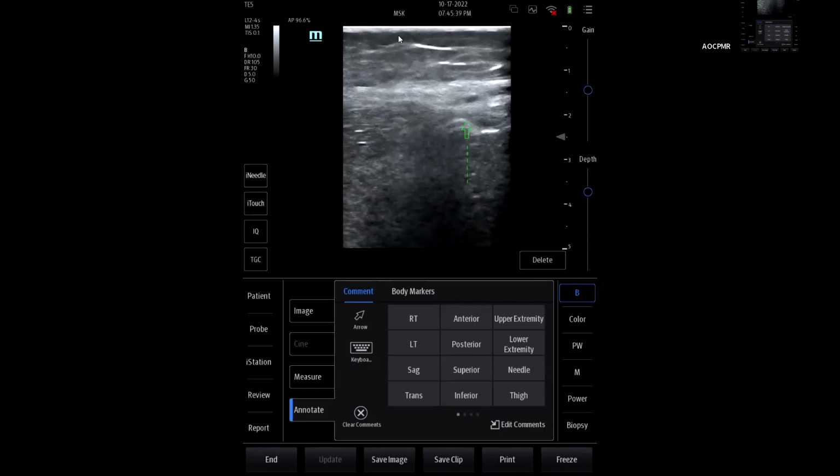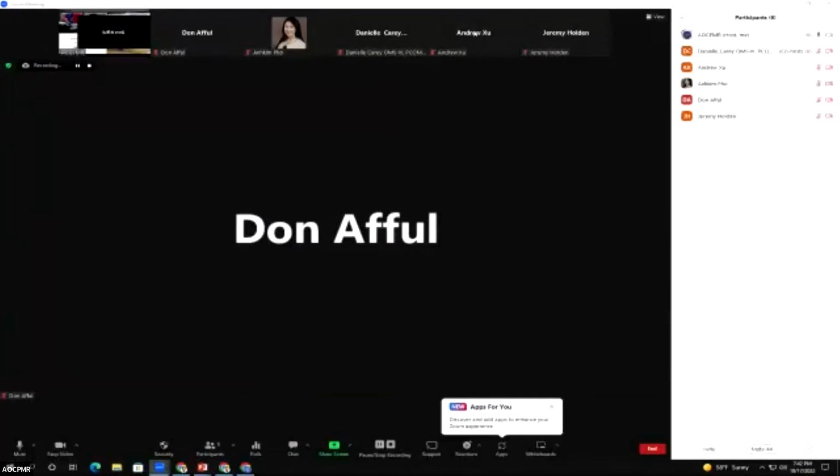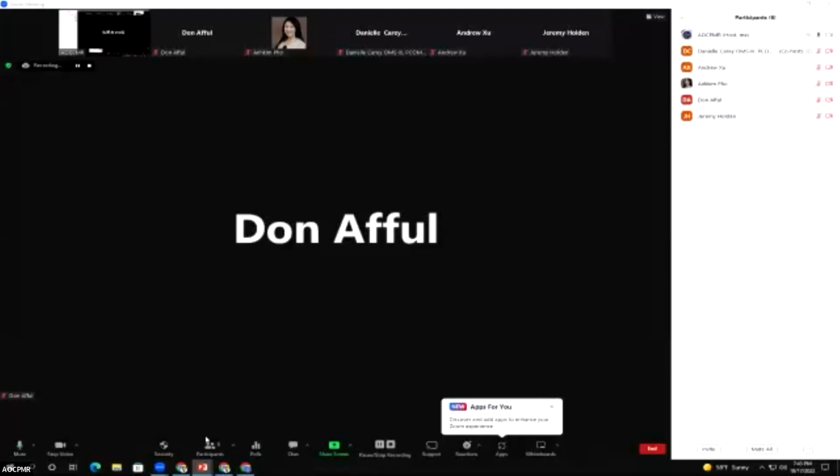Anyway, so let's move on to some cases. I picked these cases both because they helped me to learn a lot, and there are things that I saw in my practice. I think most of them are. One might not be, if I remember correctly. But does anybody have any questions or want to see anything else before I move on? Yeah, throw it in the chat if you need. Otherwise,